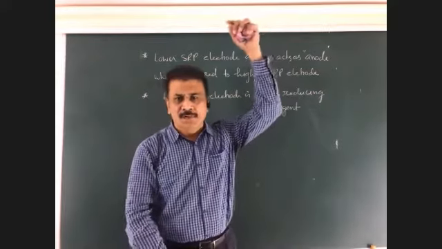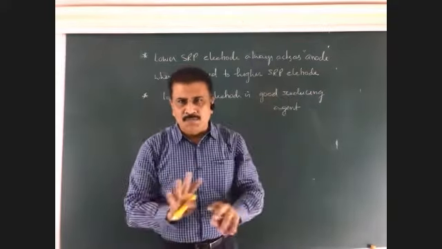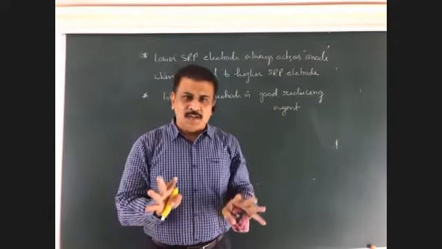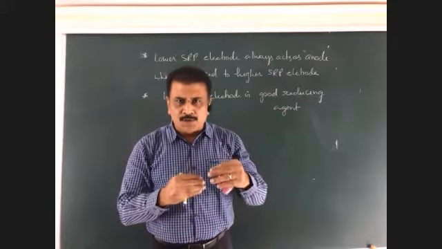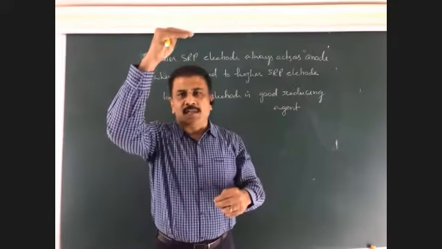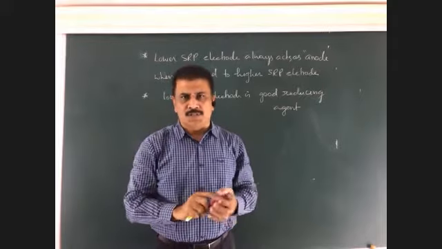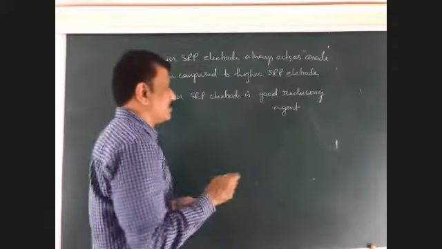Likewise, there is a big list in that. There is no need to remember the list, but you have to understand the concepts. If different electrodes are given, all the electrodes should be written based on the increasing order or decreasing order of the electrode potential. Okay. I'll give you some examples.